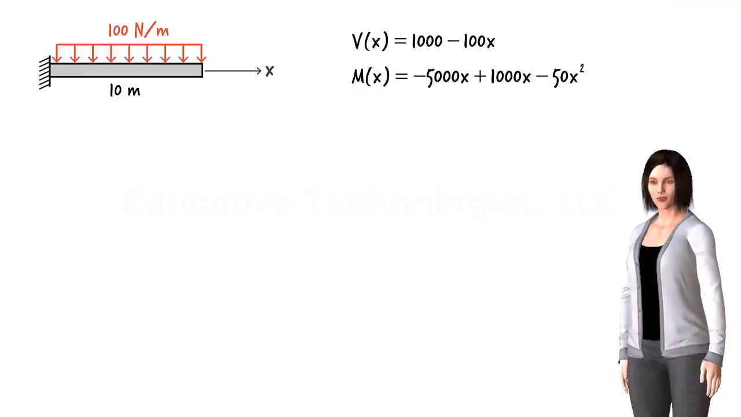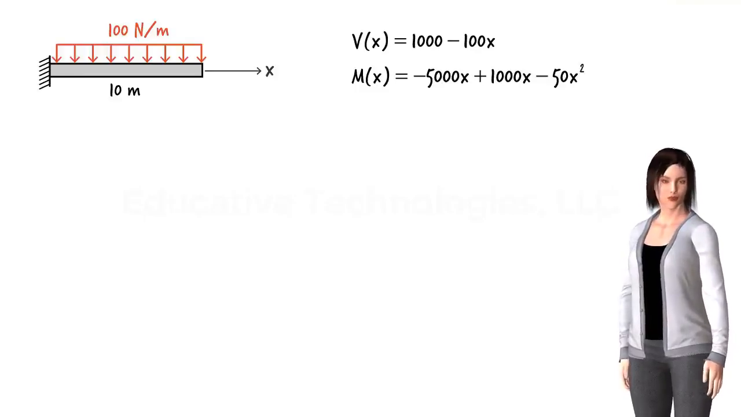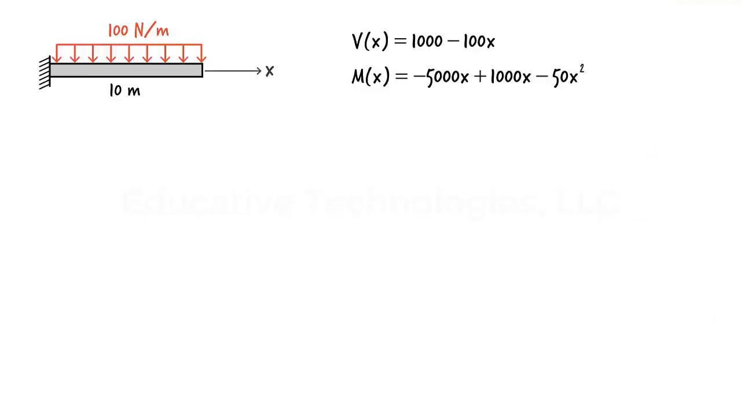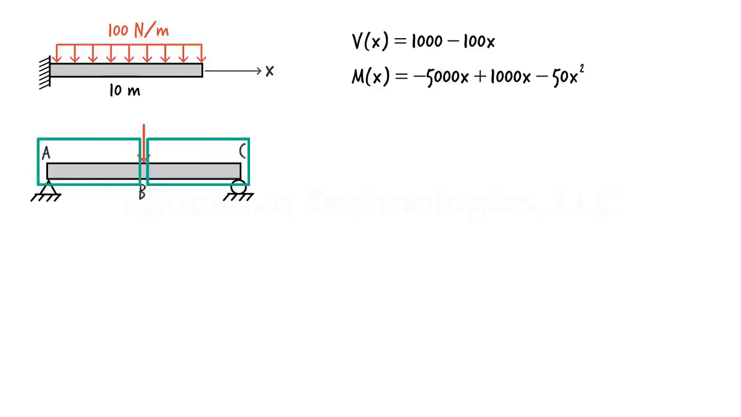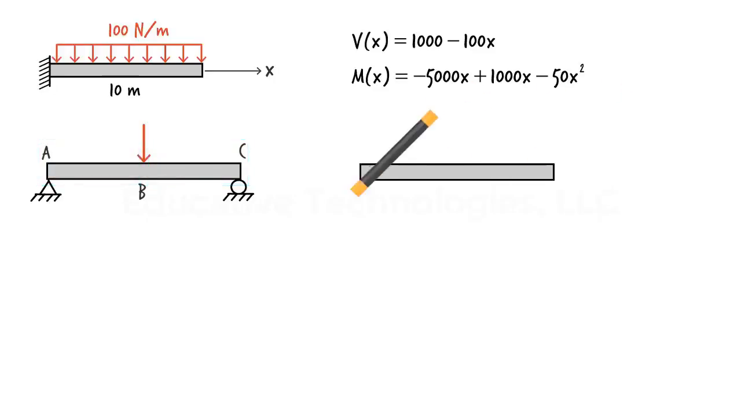This happens when the beam is subjected to one or more concentrated loads. For example, in this beam, there is a concentrated load at B. Since the load divides the beam into two segments, we need to write two equations for shear and two equations for moment, a pair of equations for each segment. Here, three pairs of equations are needed for representing shear and moment, since the concentrated loads divide the beam into